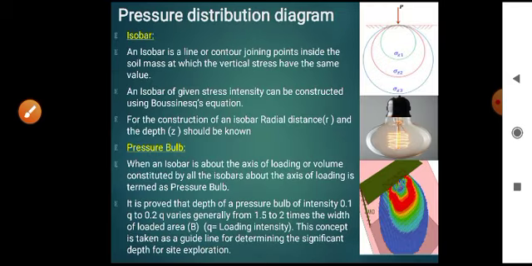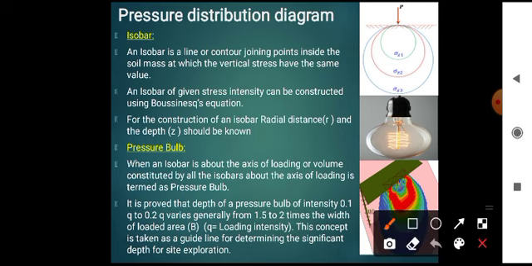Now the pressure distribution diagram, using this Boussinesq theory, we can plot the pressure distribution diagrams. The pressure distribution diagrams are nothing but the graphical representation of the distribution of the magnitude of vertical stress. When we calculate the magnitude of vertical stress which is applied on a surface load, on the surface of the ground, so then if we calculate at various depths what is the